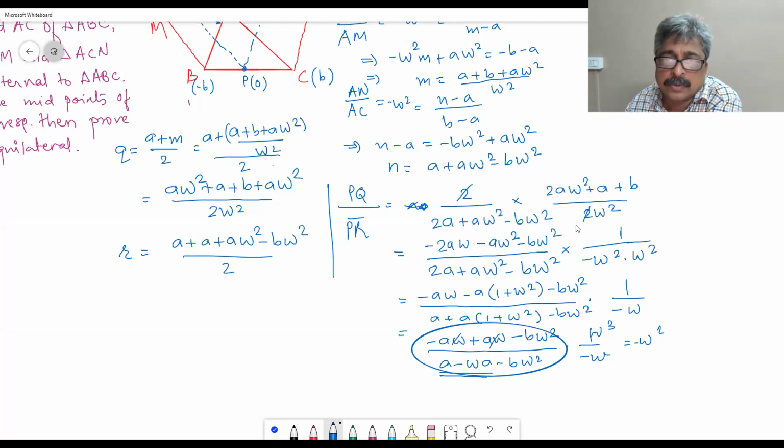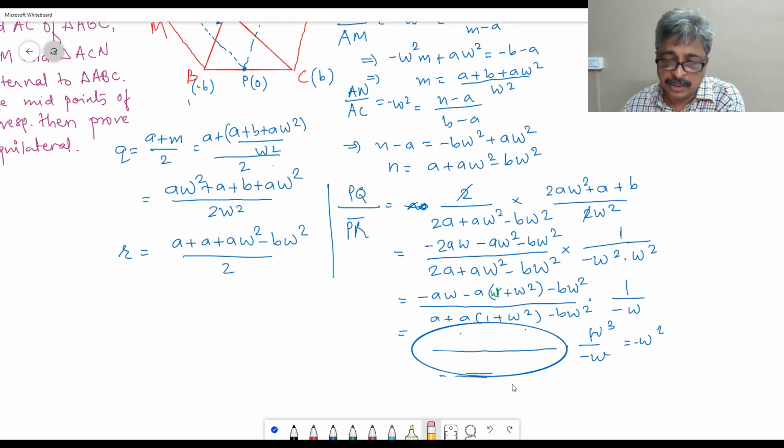Sir, I think in the second last step. Here? Yes. Minus 1 omega plus omega square in the numerator. Here, correct. Okay. Yes. This is 2a plus 2a omega plus 2a omega. So instead of 1 here, we will get omega here. And therefore, what will happen is good. I think this is not correct in that case.